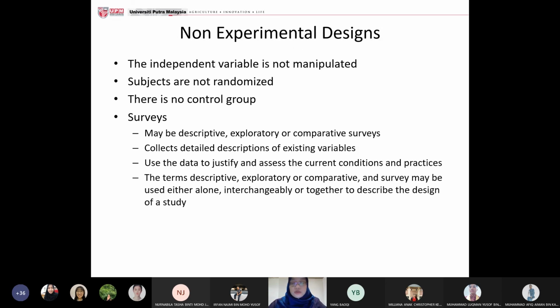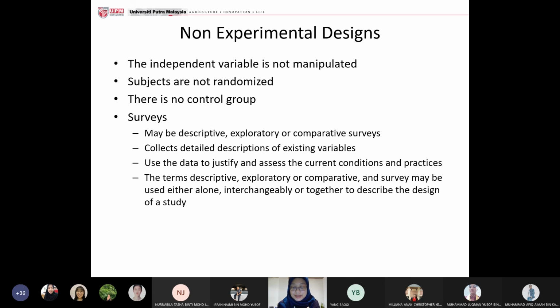Right. So for this, it's just one slide, don't worry. So this is non-experimental design. Okay, so just now we were talking about experimental and quasi-experimental. But in non-experimental design, the independent variable is not manipulated. That's the biggest highlight there. So think back at your own design. If you're not doing an active thing, you're not implementing a program, you're not treating something,